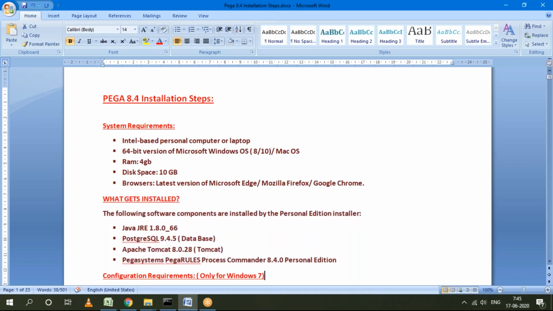Hello, Hari. I have one question. Yes, tell me. Actually, as you said, personal edition and enterprise edition. Suppose if we register for the personal edition with my email ID, will it be eligible for the entire lifetime? Yes, you can use it for a lifetime. It will not expire. If you install it, it will be there permanently until you remove it. Like lifetime access will be there for the application.